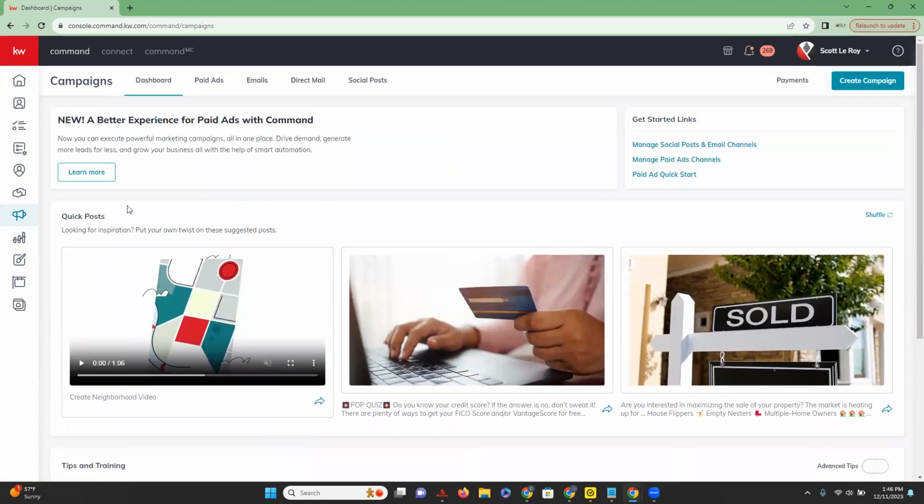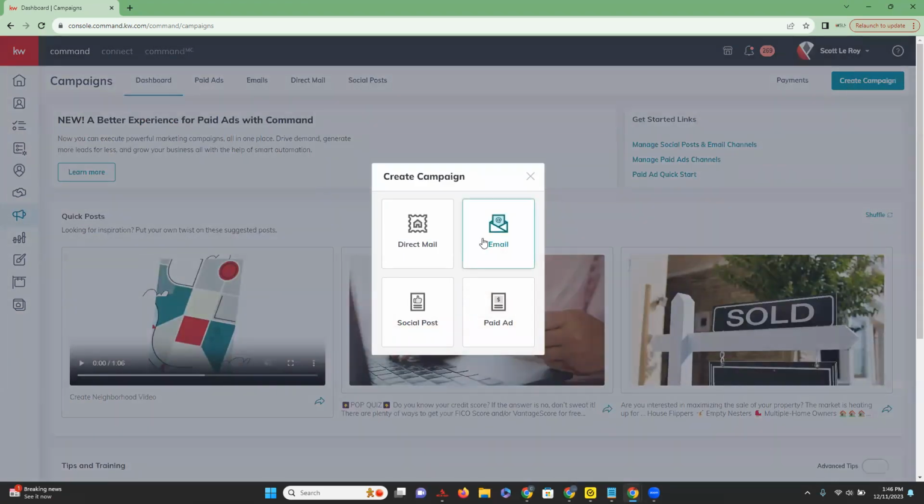If you're looking to create a new campaign, you can go to the top right corner. You have a Create Campaign button. You have 4 options, so you can send out direct mail. You can choose email, a social post, which is a free post that will go on your business social media, and then a paid ad, which is a targeted ad that you are paying for